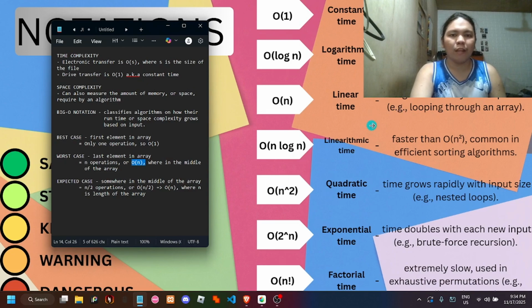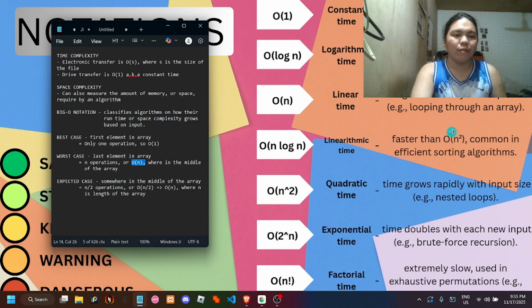Next is O(n), which is the third layer. Linear time grows directly with the input size, so time equals size. Next is O(n log n), or linearithmic time.